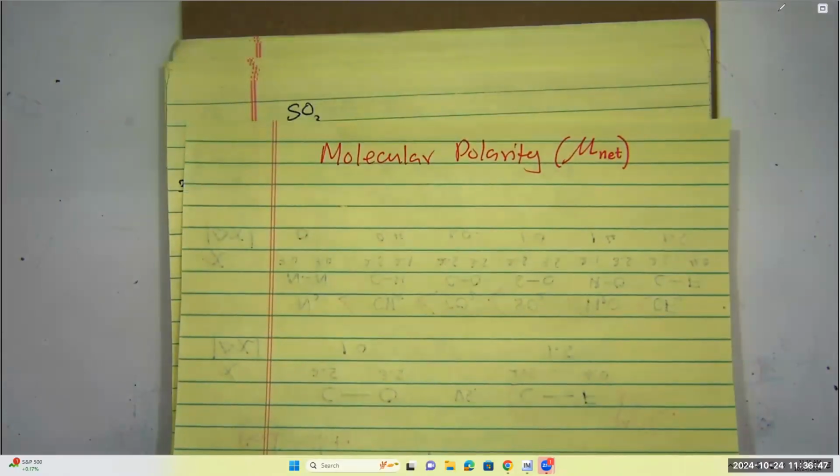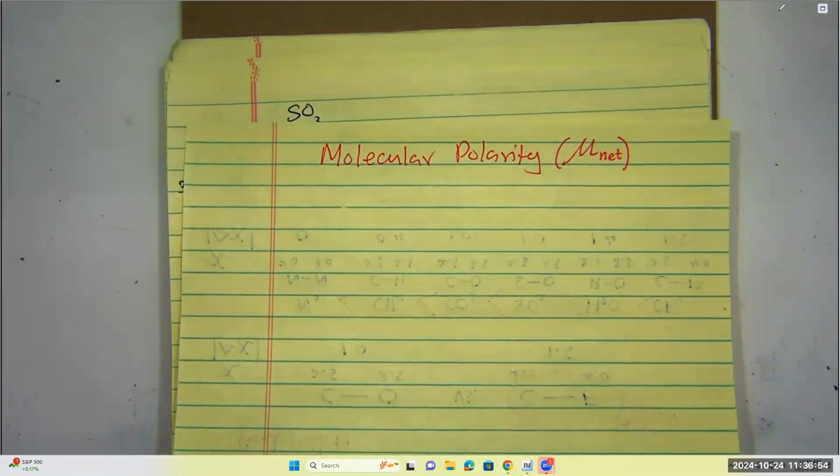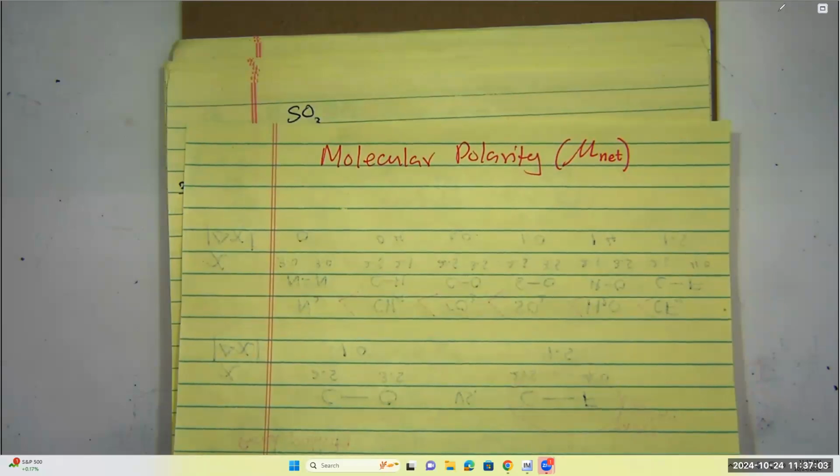Do not get alarmed because I'm not going to make you calculate weird things here, like using vector algebra or something like that. I don't even know what that is. So don't worry about it, but here's how it goes. The mu net, or the net dipole moment